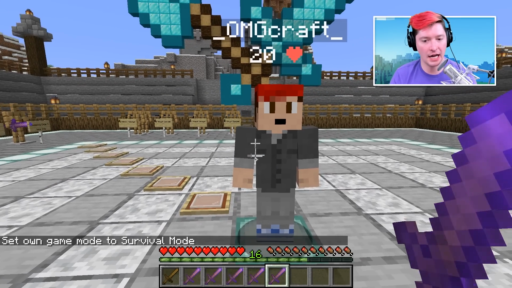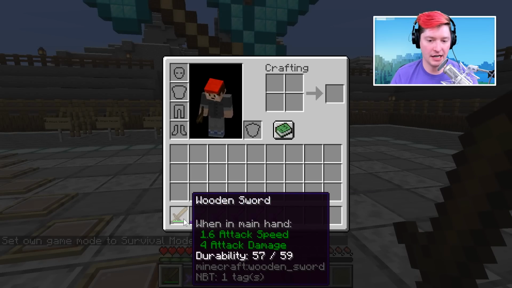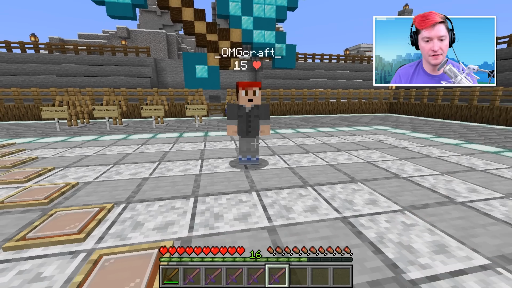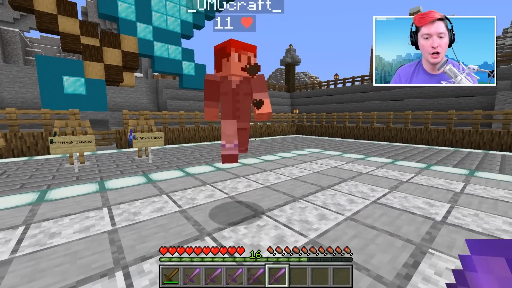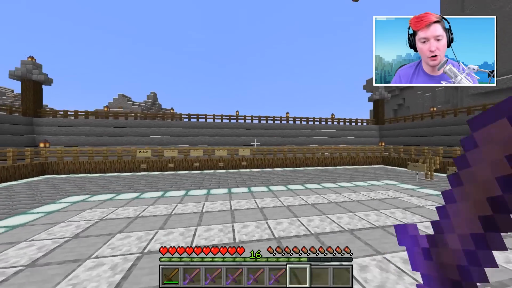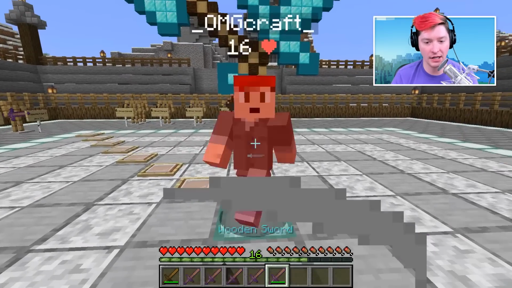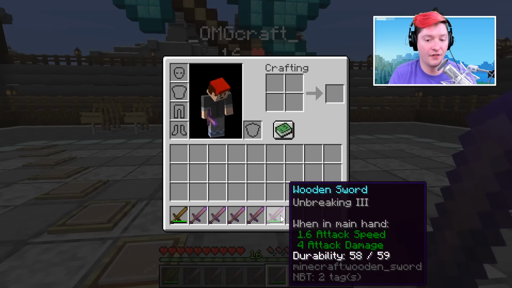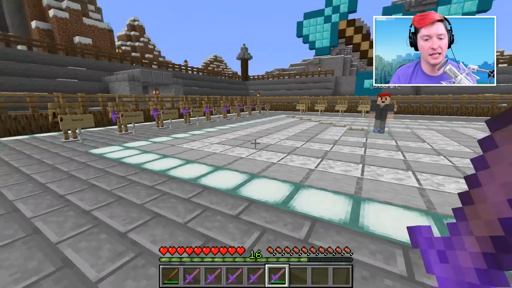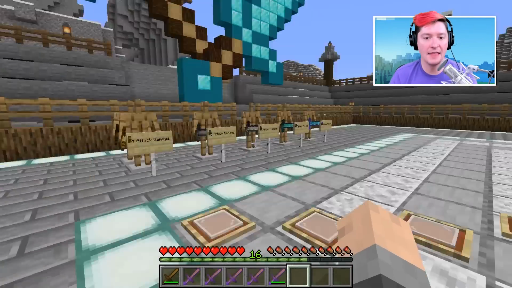I've been in creative mode this whole time, but every time that you would smack another player, your item durability goes down. So I've hit this player twice. It started off at 59 durability. Now it's down to 57. But with an Unbreaking item, you have the chance that that item will not take a durability hit whenever you attack. So I've attacked 3 times, and this Unbreaking 3 item hasn't taken a single hit of durability. I've gotten lucky. They go on the 4th attack. It finally took a single hit of durability. So Unbreaking will make sure that your items can last longer,